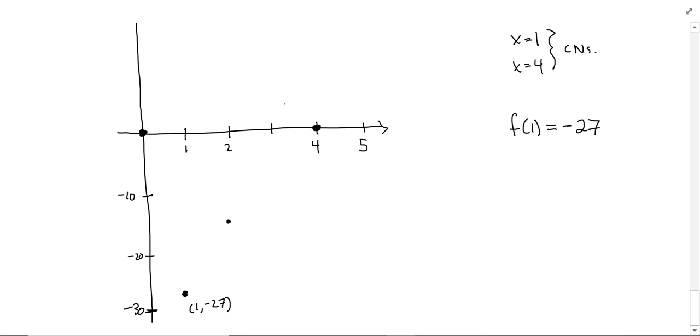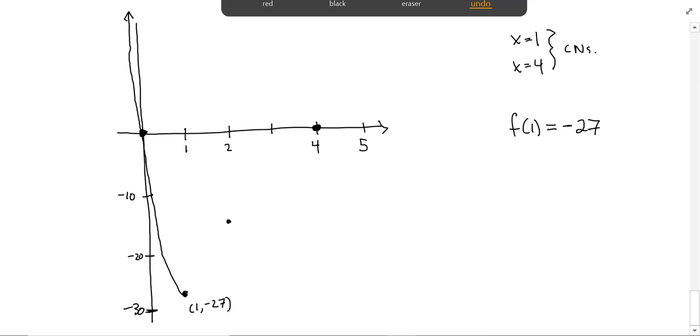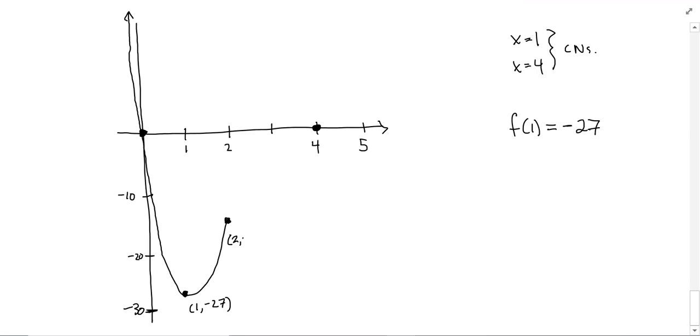Okay, so let's see if we can draw that much of the graph, right? So we've got concave down on this part of the graph, and behavior is going up, still concave down here. Passing through the point 2 comma negative 16, and that is an inflection point, which means we change here from concave down now to concave up. Okay, so I continue, but now I am concave up over to